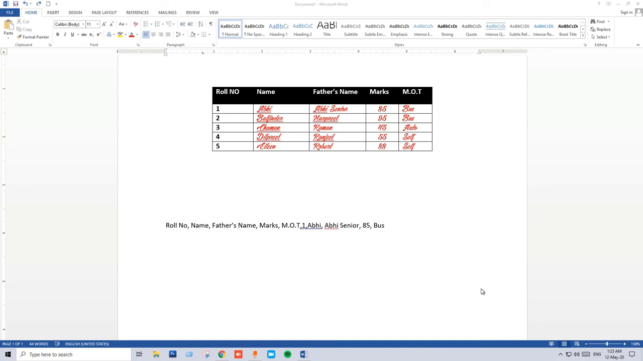Now moving on to the last topic of this video and lecture, that is converting text into a table. For that I have written text in a single line. To convert it into a table, I have separated each and every cell's data by a comma. You can see roll number, comma, name, comma, father's name, comma, marks, comma, mode of transport, comma, 1, comma, abhi, comma, abhi senior, which is the father's name, comma, 85, comma, bus, comma, and again